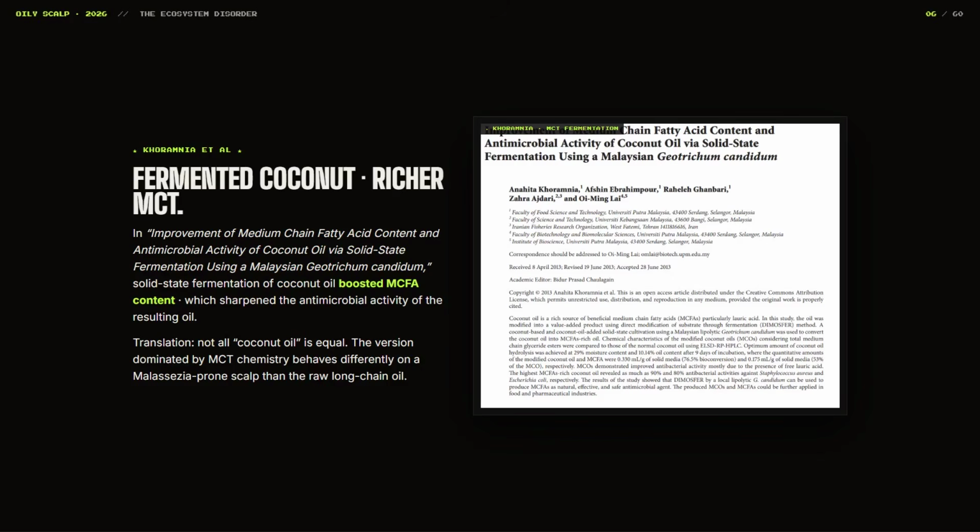And this is why it sounds weird and off, because you wouldn't expect more oil to cause there to be less oil, but the presence of an overgrown fungal colony encourages the scalp to produce more sebum. So by getting rid of those microbial colonies with an oil that strangles them, essentially it's going to help reduce that overgrown fungal colony and bring the sebum production to a normal parameter.